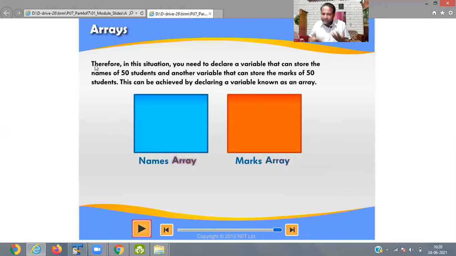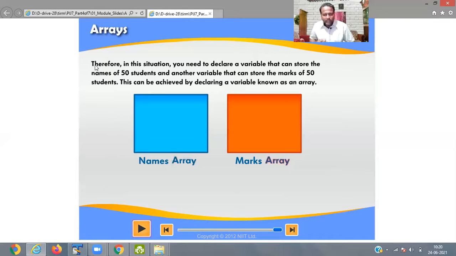It is saying that if you want to store the same type of value, like numeric or character, then, as we know, while creating a program you have two types of data: numeric and character.